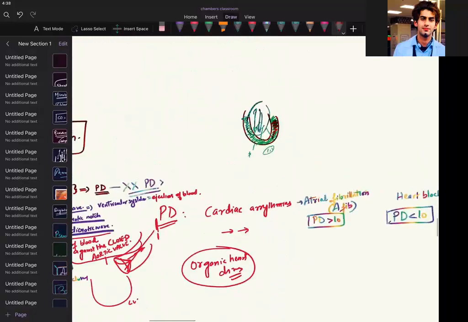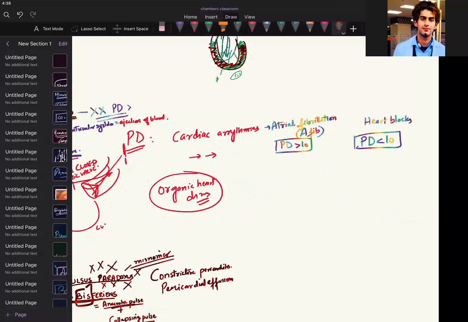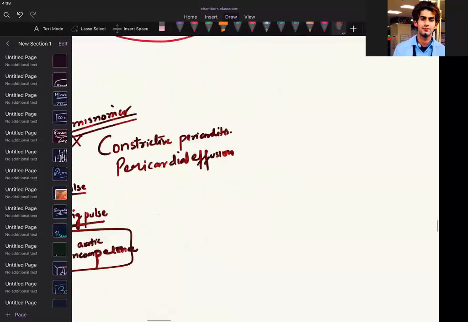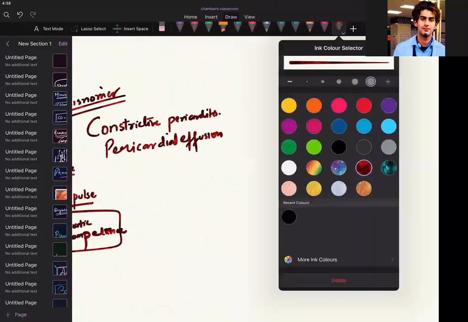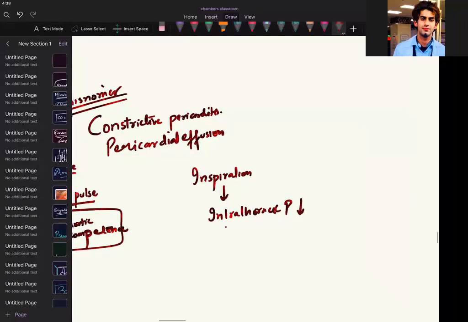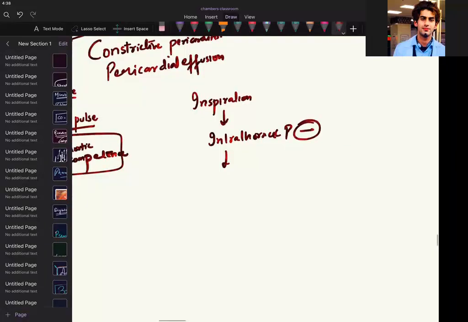So in the pericardial space, you have a larger amount of fluid, which will be affecting the volume filling and also the output later on. Okay. So let us write this mechanism of pulsus paradoxus. Let us write in small arrows so that our life becomes easy. What is the mechanism? What happens? Inspiration. What will inspiration do? Once you inspire, intrathoracic pressure will decrease, meaning it will become more negative. We should write negative, that will be the more right answer. What will happen after that?